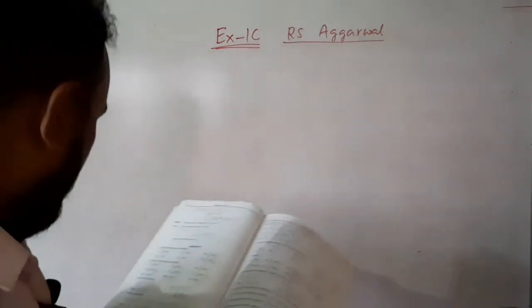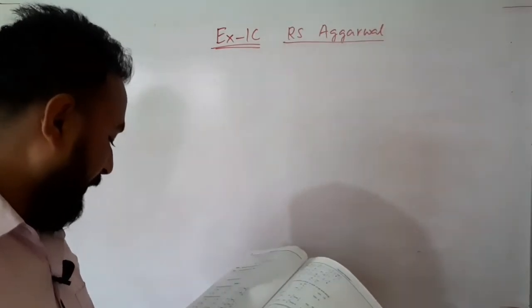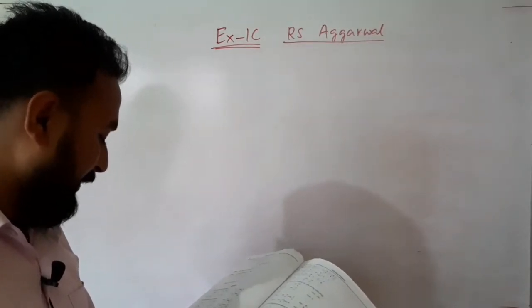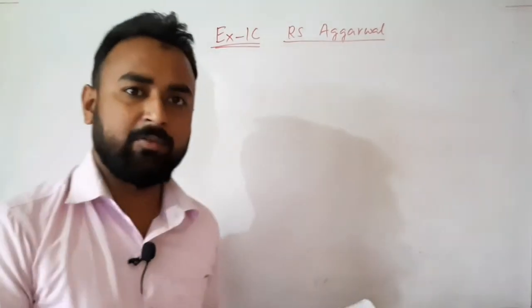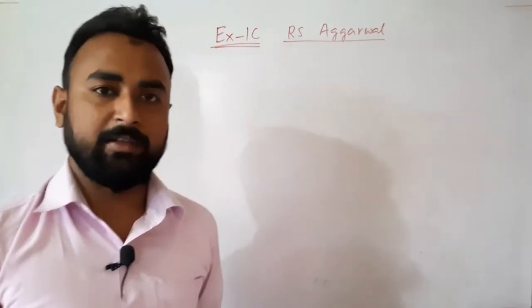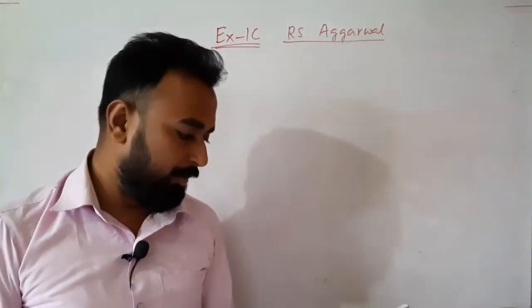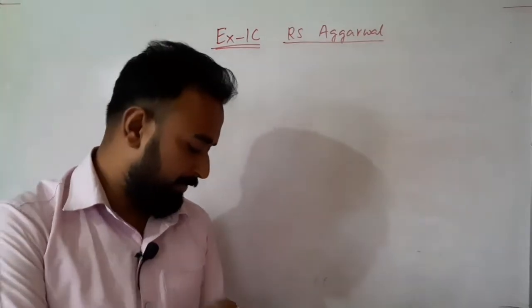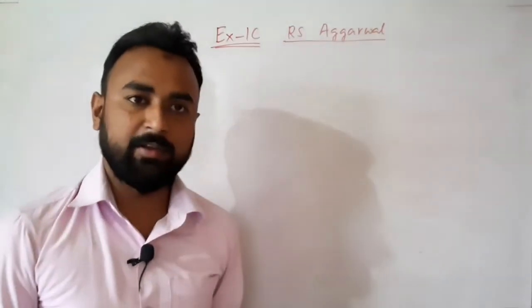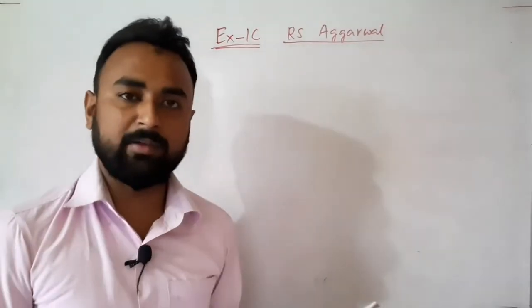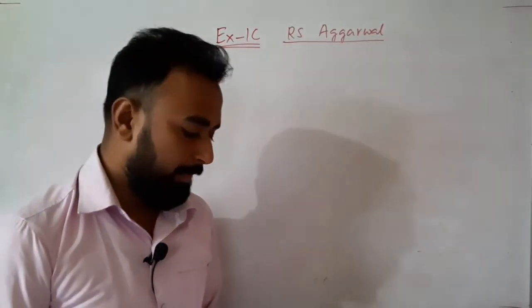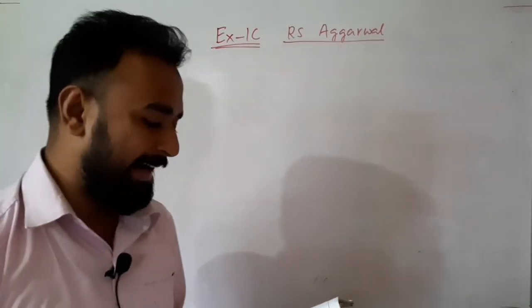So in question number 5, you have been given fill in the blanks. Fill in the blanks according to the properties which we discussed in our previous classes. This is totally based on the concept of the properties of rational numbers under addition. In question number 6, you have to write the additive inverse.